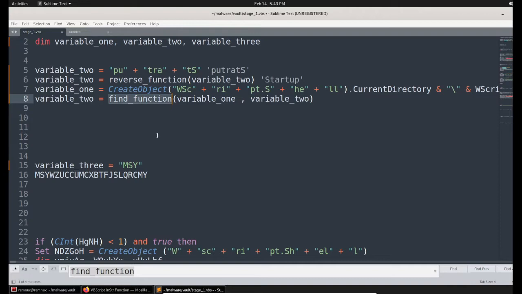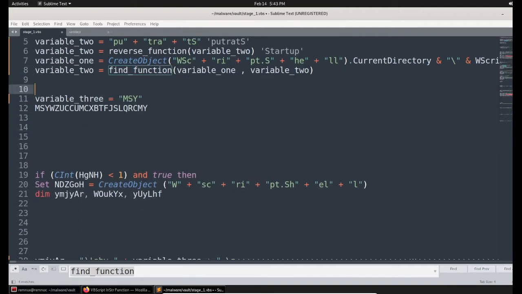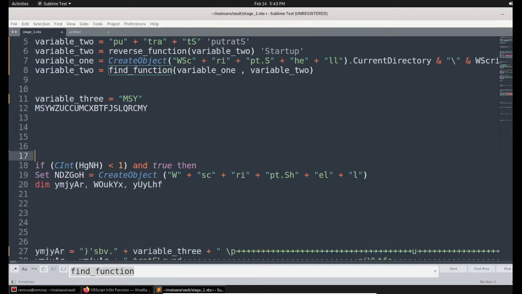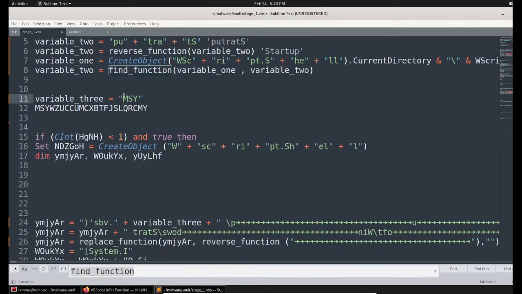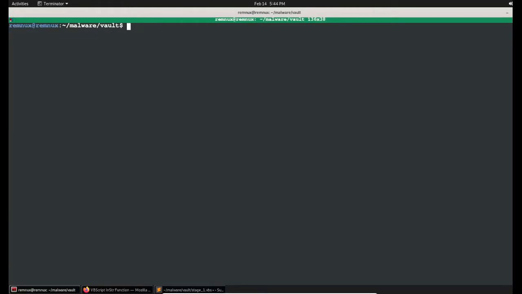Okay. Now let's try to find the next one. The next one is variable 3 they defined here, and its value is MSY. And on the next line, there are random capital letters. What is it? I'm not sure. It must be some base 64 otherwise.